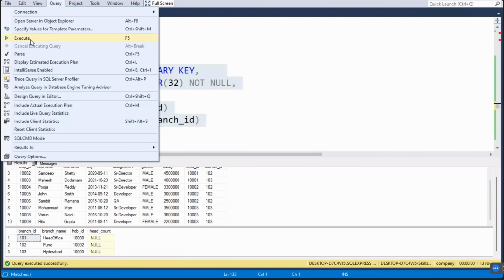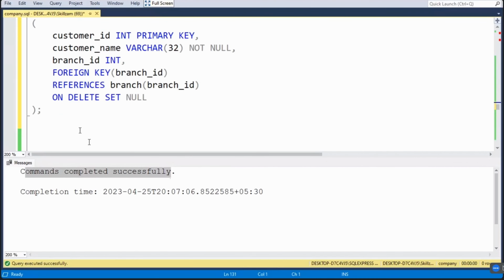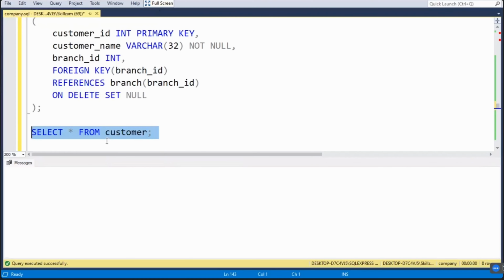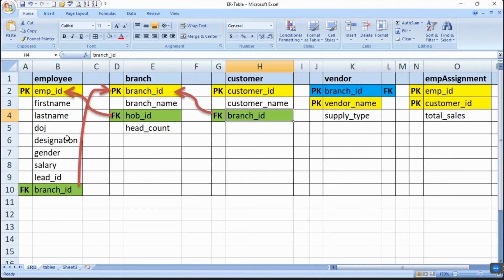Let's go ahead and execute this. Command completed successfully, which means this table has been created. So if I go ahead and see this table, I'll be able to see the customer table. Query execute. So I have got these three columns that have been created because of this create command. And the next thing I'm going to do, now that we have the customer table created,